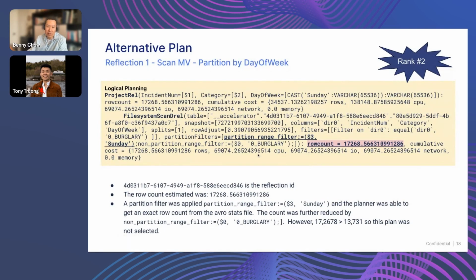And so, for this particular partition value, we were able to get a very accurate row count. And then from there, we further reduced it based on that category filter. And this resulted in 17,000 rows. And so, because 17,000 is greater than 13,000, this plan was not selected, right? And then finally,